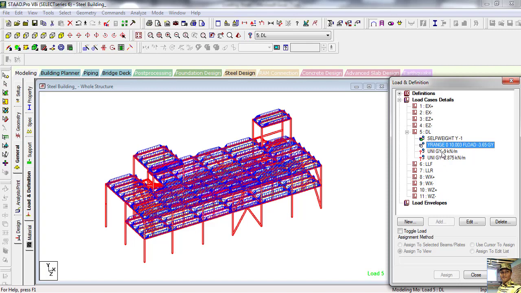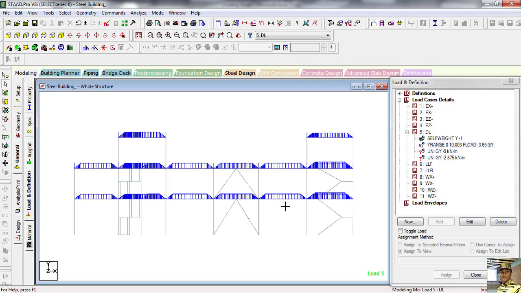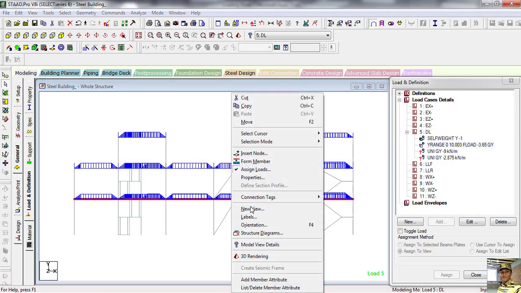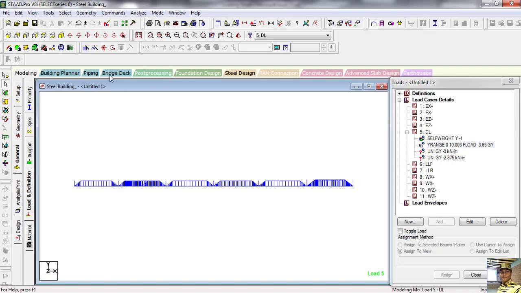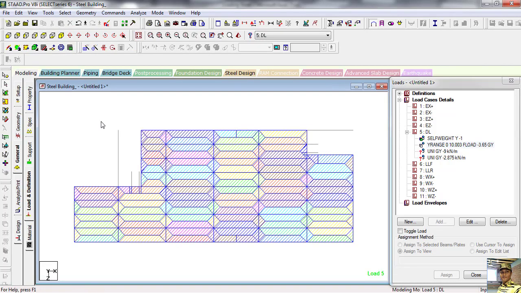Now we will assign our gravity load and brick wall load. So what we'll do, go to isometric view, and this load will act on our first floor. So select this beam, right click, new view, okay, isometric view, and go to top view.